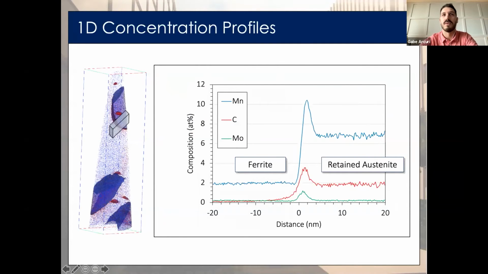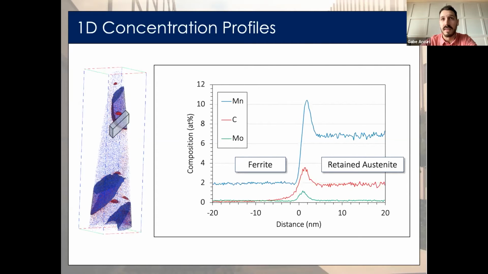So here's a 1D profile, and we clearly see fluctuations in concentration across our interface between our ferrite and our retained austenite. As you can see, the 1D profile is a rather simple way of displaying our data. However, there are a few things that you should keep in mind. Larger slices will produce less statistical scatter in the measurement, but they will reduce our spatial resolution.